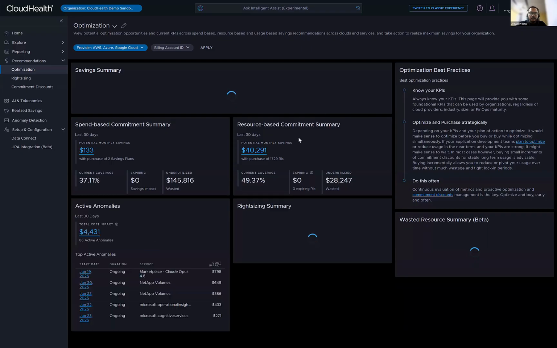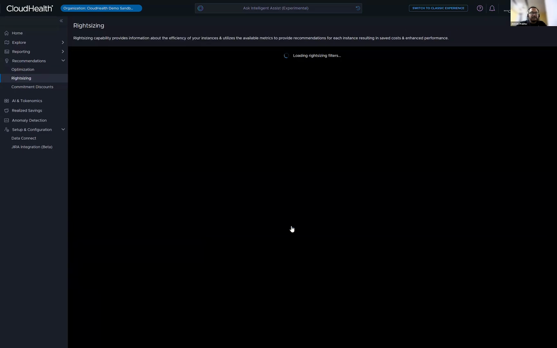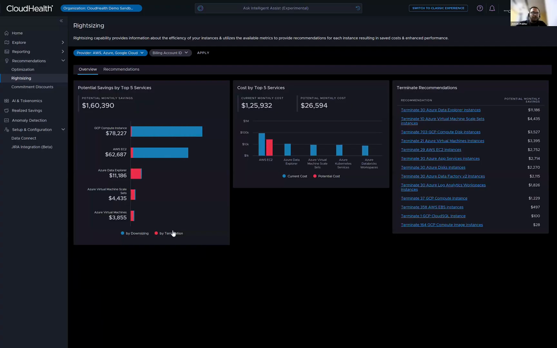And so from this overall view, you'll be able to drill down into each of these areas where you can save, right? Like when you go into right sizing, you will get a multi-cloud overview, right? It is across AWS, Azure, and GCP, right? And you'll be able to see the terminate recommendations separately because they are easier to action upon.